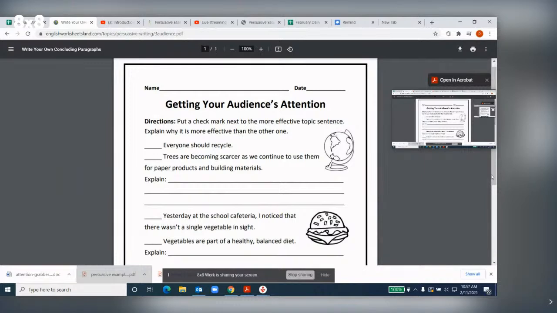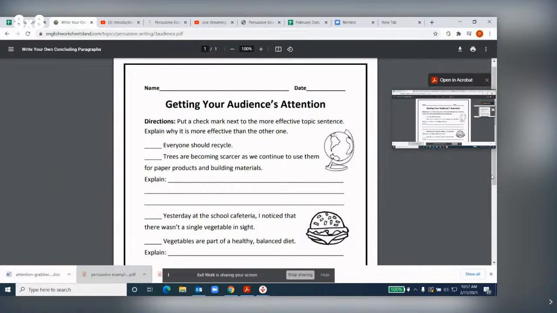So this says, once again, if we were in class, you'd put a check mark next to the more effective topic sentence and explain why it's more effective than the other. Our two examples would be, everyone should recycle. True. But the second sentence is, trees are becoming scarcer as we continue to use them for paper products and building materials. Okay. So I think the second one would probably be the better attention grabber, because it kind of